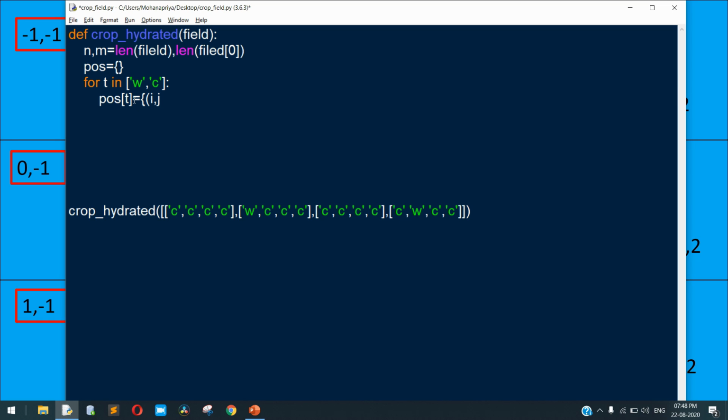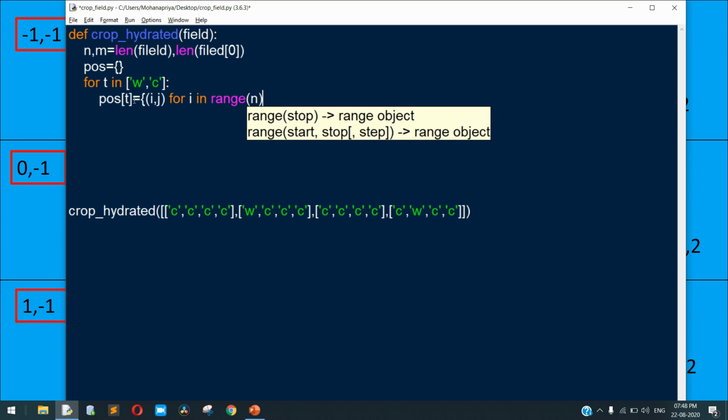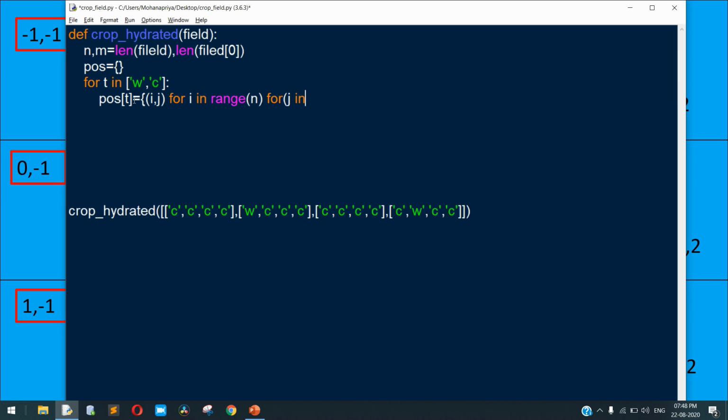and n is the number of rows, m is the number of columns, and if the field of i and j equals t.